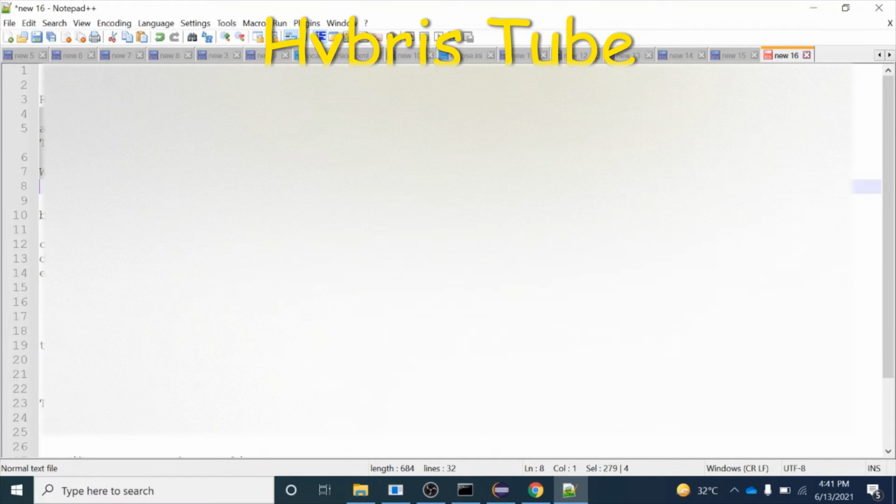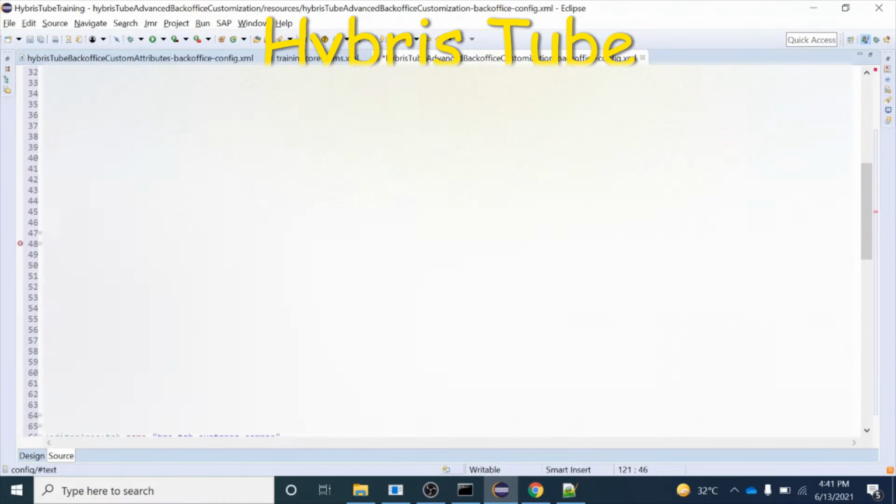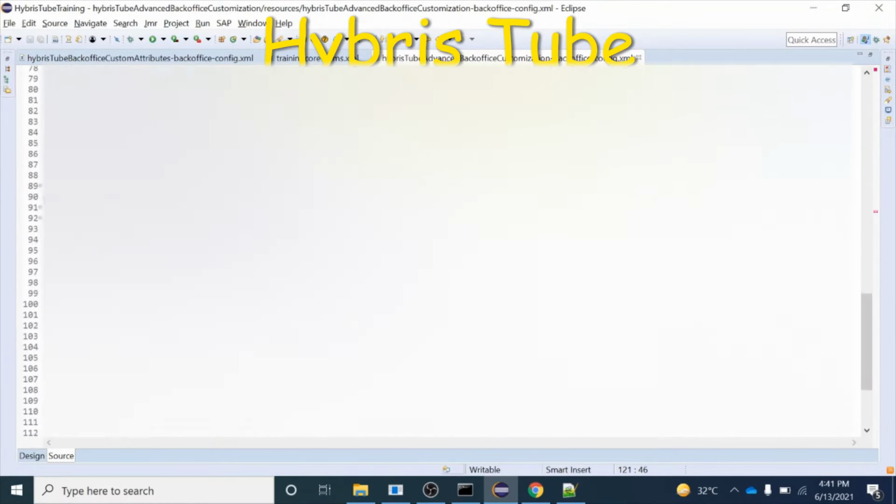So how would our code look? It would look something like this. So you can see we have this code. Don't worry about this code. I will be uploading this file onto Google Drive, and will share the link of this file in the comment section of this video. So you can download this file onto your system as well and use it.